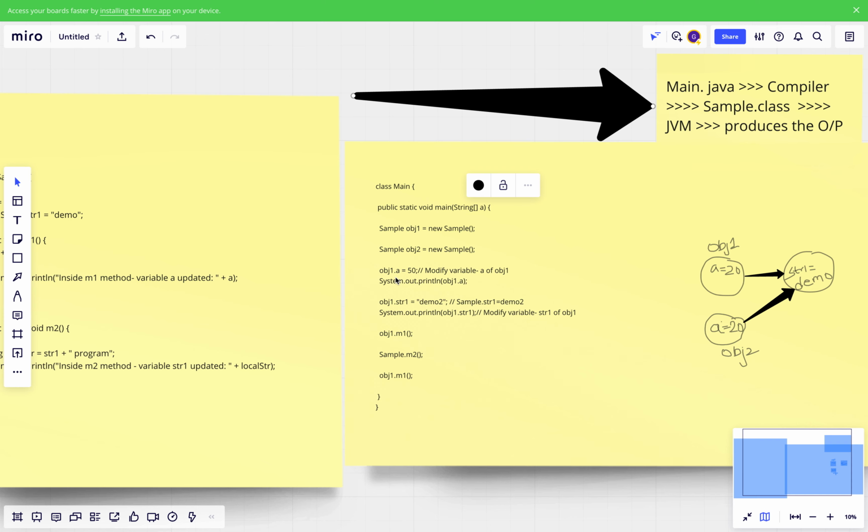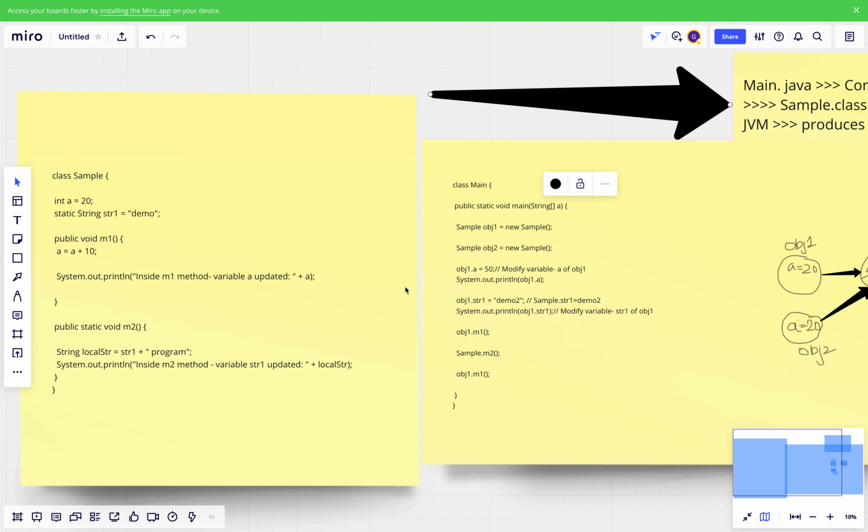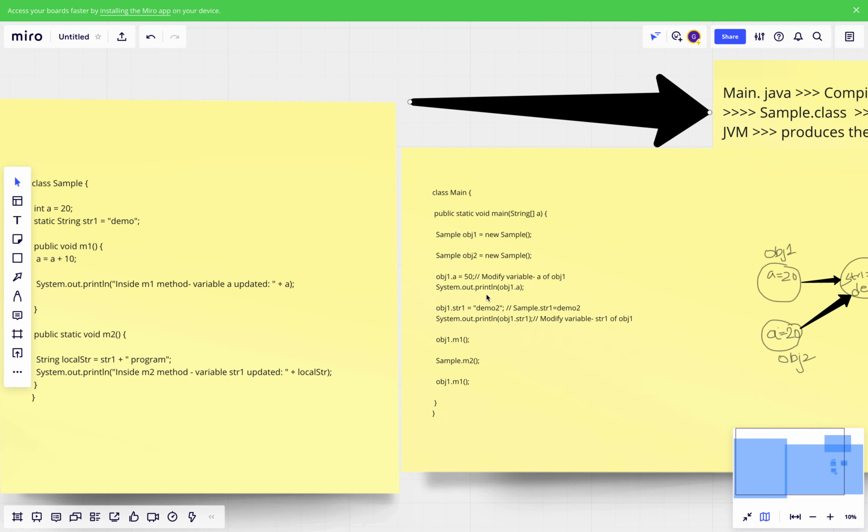I'm accessing the a variable and assigning 50 to it. Already 20 was there, so I'm updating the value from 20 to 50. If I print object 1 dot a, 50 will be printed, not 20, because we have modified it.